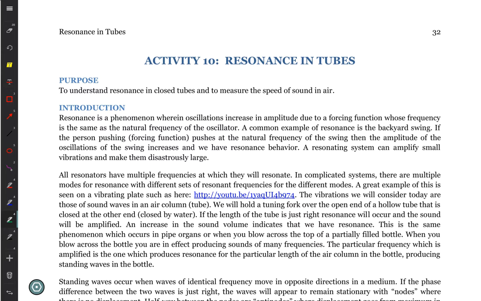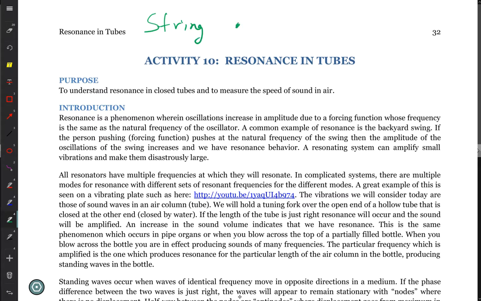Okay, and the standing wave for the string had a boundary condition that each side had to be not moving. And what do we call the positions on a standing wave that are not moving? Nodes. So for a string, we had nodes on each end,